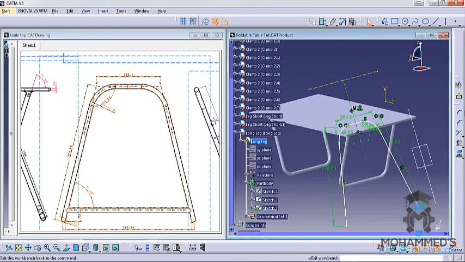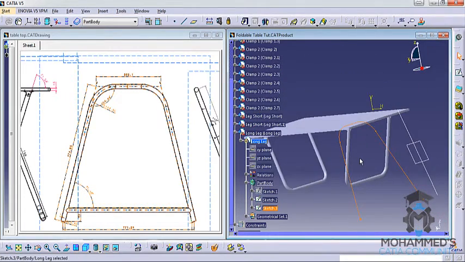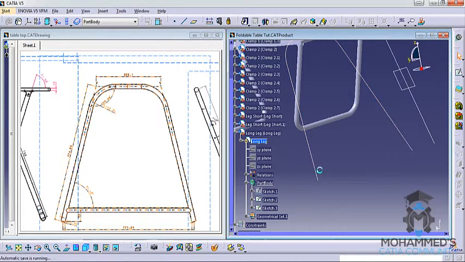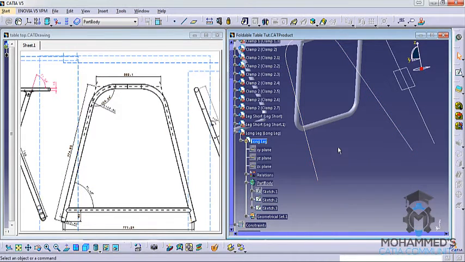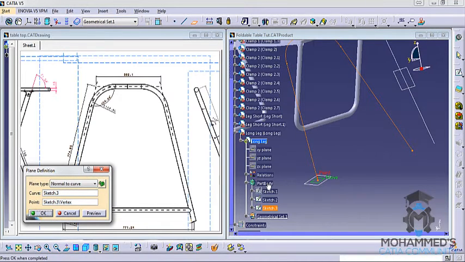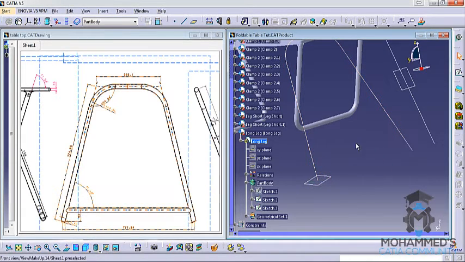Now you can exit the sketch here, and now you can use this line to create a starting off this particular line here. Click on OK,